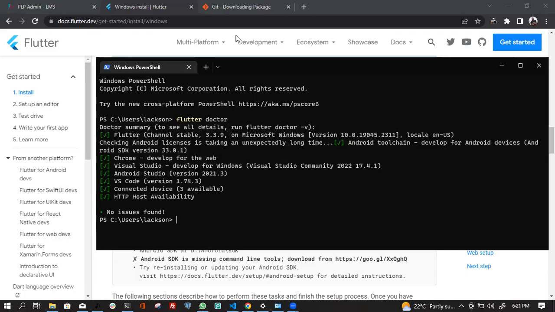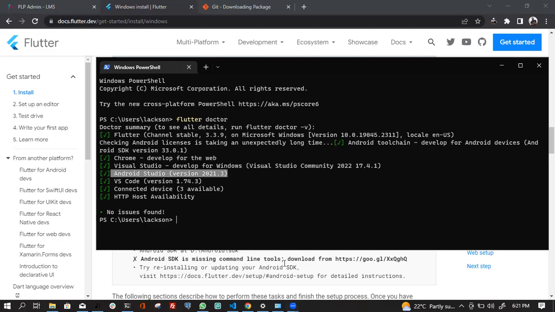But in your case, you may find a number of these things are missing. You get the point. Here it shows the Flutter SDK is needed, so it's already installed. After that, there's also the Android toolchain. You need Chrome installed, and you need Visual Studio. I know you guys have Chrome, and I'm sure you have Visual Studio. Then the biggest thing you need is Android Studio. Android Studio will enable you to develop Android-based applications, and it provides tools like emulators. You get the point. These are some of the things you'll be utilizing when you are using VS Code. So the next thing you're supposed to download is Android Studio,